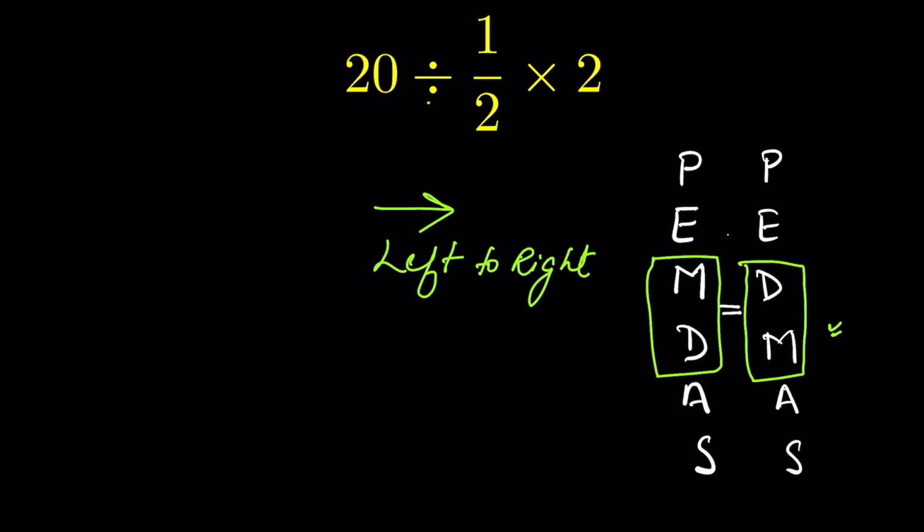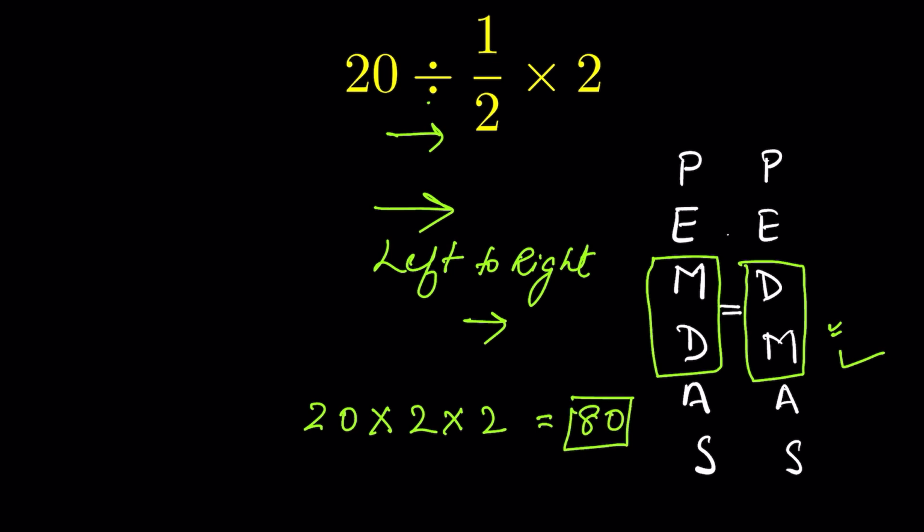Now, if you group them together, then it doesn't matter whether you follow PEMDAS or PEMDAS, you will get the same answer. For example, if you follow PEMDAS and you follow the left to right rule, so from left to right you have division first, so it will be 20. Division will be solved first, so 20 multiplied by 2, then times 2, so this is equal to 80. And if you follow PEMDAS, then also from left to right division comes first. We were getting 18 in the PEMDAS because coincidentally in PEMDAS D is written first and from left to right